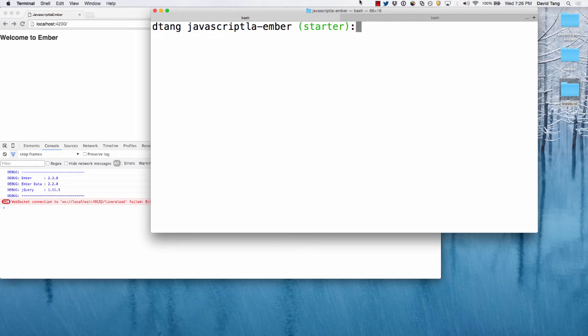All right, so we're going to do a quick demo. I've already created my project. In theory, if you were to create a new app, you would run ember new. In my case, I did JavaScript LA-Ember, and that would create a new app. But I've already done that, and I've cd'd into that project directory, so I already have it, but that's the